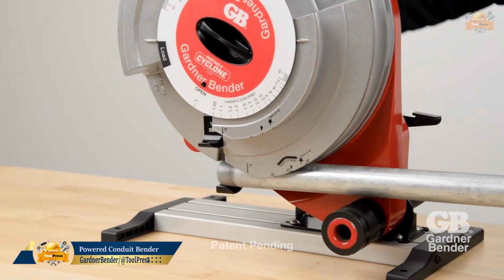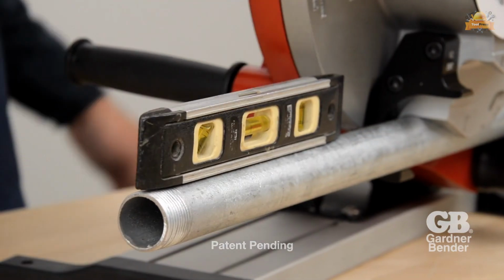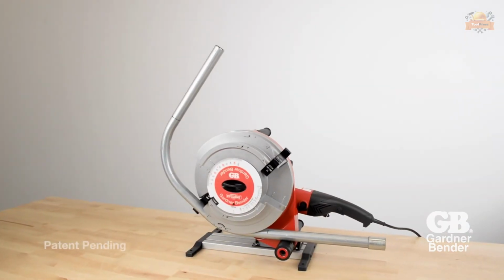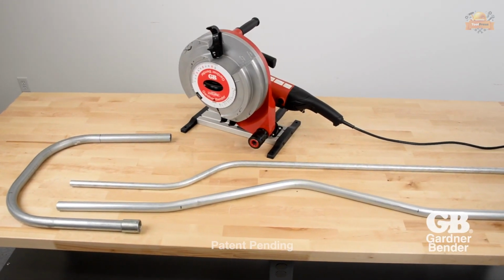Introducing this innovative tool, a portable Cyclone-powered conduit bender for bending conduit. It uses a standard pipe threader as a power source, making it versatile and quick to set up with a common job site tool. It is compatible with most pipe threaders and is easy to carry around on a job site,